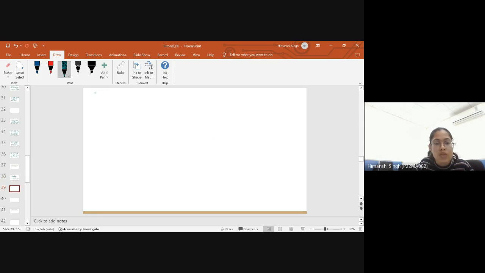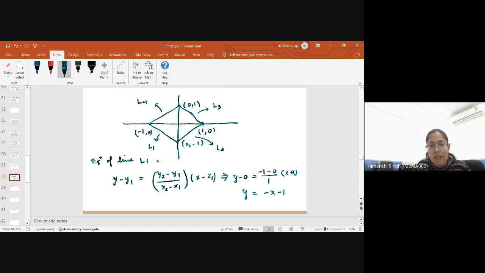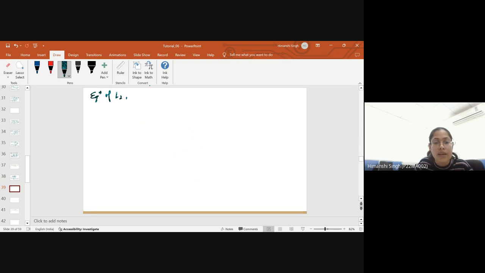So the equation of L2 will be what? So this is the line L2. Here I am considering this 1 comma 0 to be x1 y1, and this is x2 y2. So it is x1 y1. So y minus 0 is equal to,